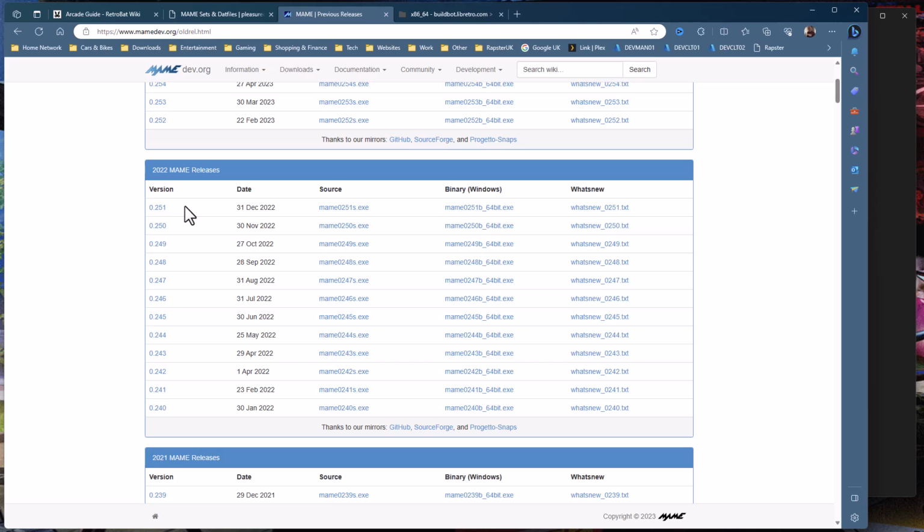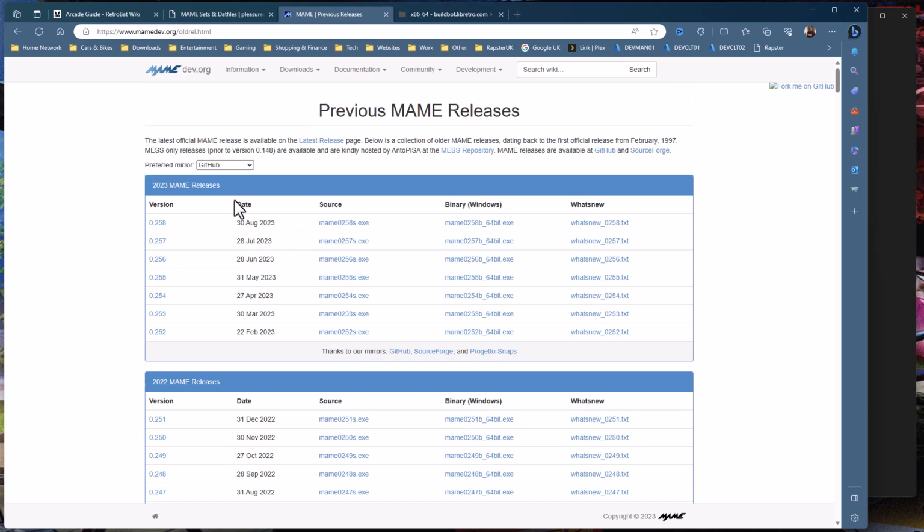A lot of the set remains exactly the same. Some games will get added, some games might get taken away, some games might have a new dump. One of the dumps may have never worked properly, and someone's got hold of a better copy of the physical cabinet and re-dumped the ROMs out of it, and now they're working properly, so it might replace it. But not a great deal changes between each version, and I think you can actually see that